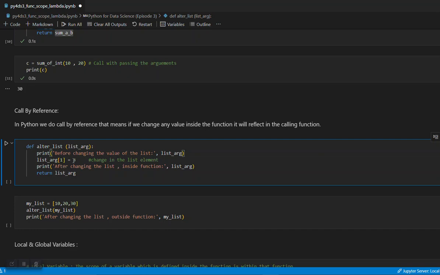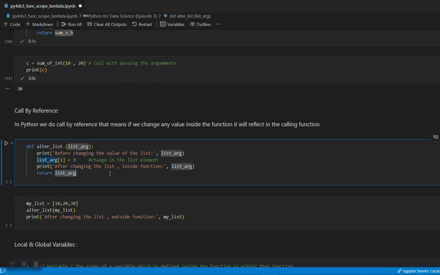Then I'm making changes on that list. I'm altering the first element, or you could say the second element on that list, to 3. Then again, I'm printing the value to show you whether the value is getting changed or not. Then I'm returning that altered list to the calling function, right?